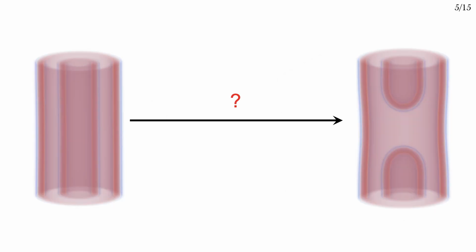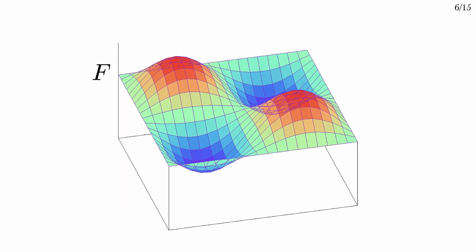But I'm not just interested in stable or metastable states. I want to know how one structure turns into another structure. Without a nice reaction coordinate, I need something more general. I can write the free energy of the system as a function of its configuration in some huge space of possible configurations. If I think of the concentration at each point in space as a variable describing the state of the system, then the state space has as many dimensions as there are points in my system. In practice, I represent the system with order 1,000,000 points.